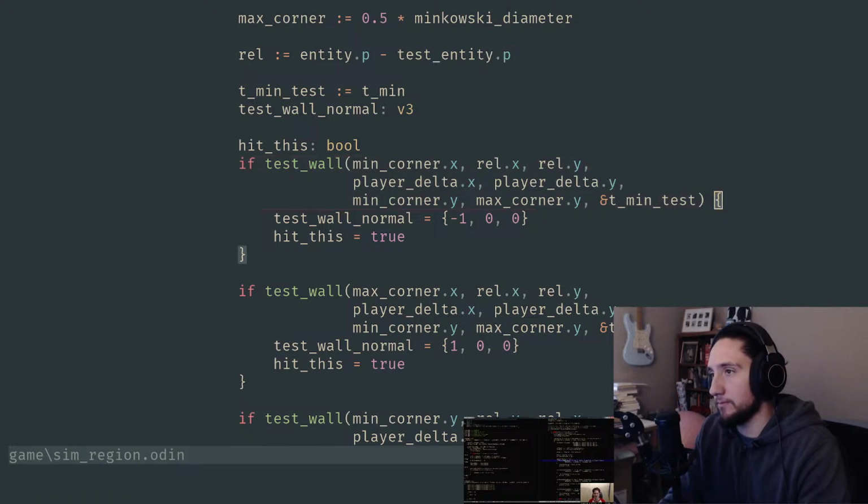The test wall call is probably fine for our purposes. What we'd rather do is just say, at the outset maybe, let's look to see whether these two entities overlap in Z, and if they don't overlap in Z, we're not going to do any testing on them. So basically we'll just, in here, when we're actually doing this, we'll just full on say,